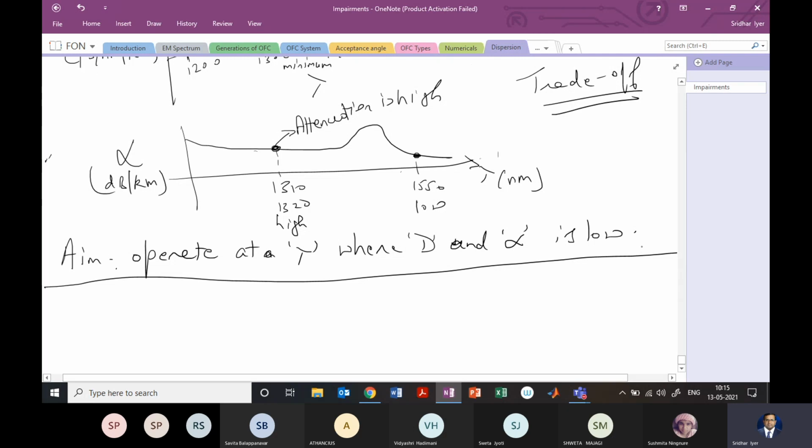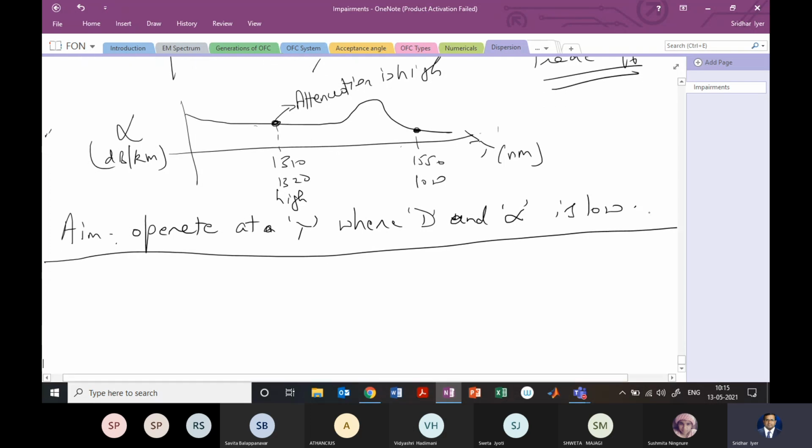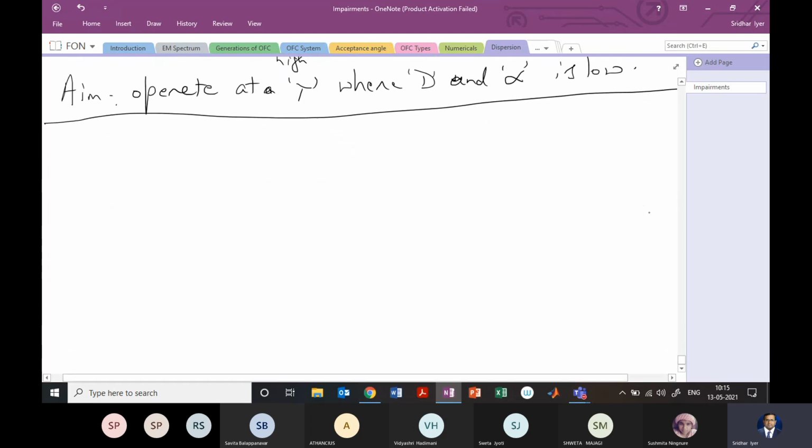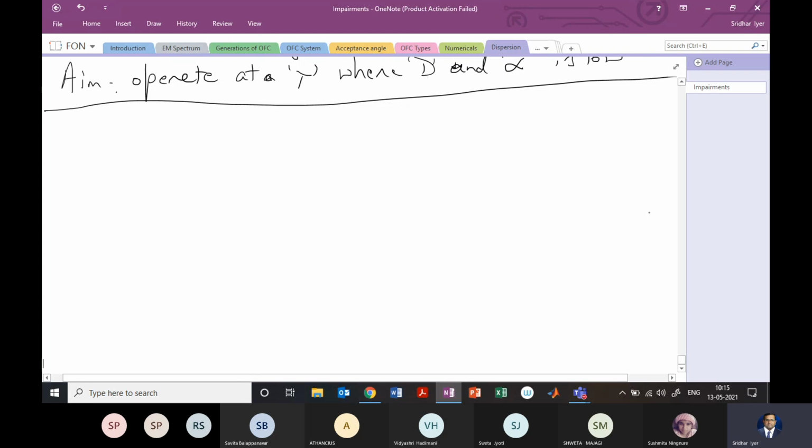They are known as the dispersion shifted fiber. We cannot shift the alpha value because of the OH minus ions which are there in the fiber. So there is a good technique of shifting the dispersion of the fiber, and that we are going to look at in today's lecture. Okay. So before that, just very quickly, we'll solve one numerical, and then we'll move to these dispersion shifted fibers, and then discuss what is the total dispersion in the fiber. Okay. So let us look at this one numerical.